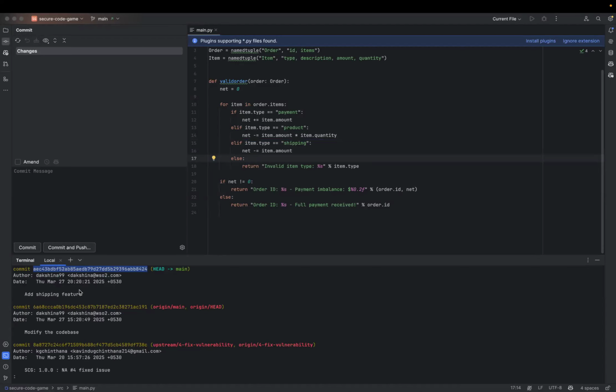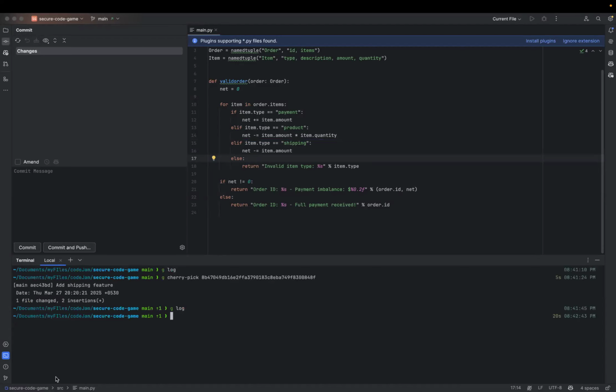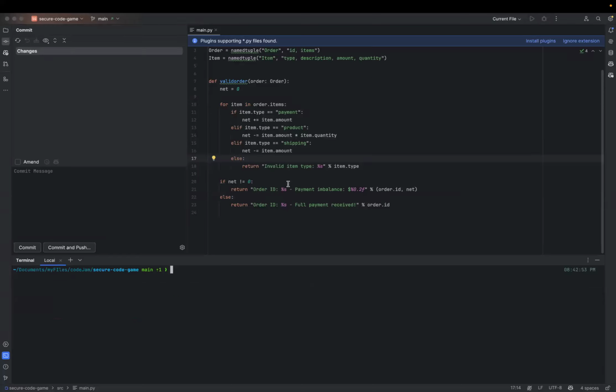That particular commit hash is unique for that particular branch. So that's kind of an advanced thing here: we are using cherry-pick to get things from a separate remote, not from a separate branch.